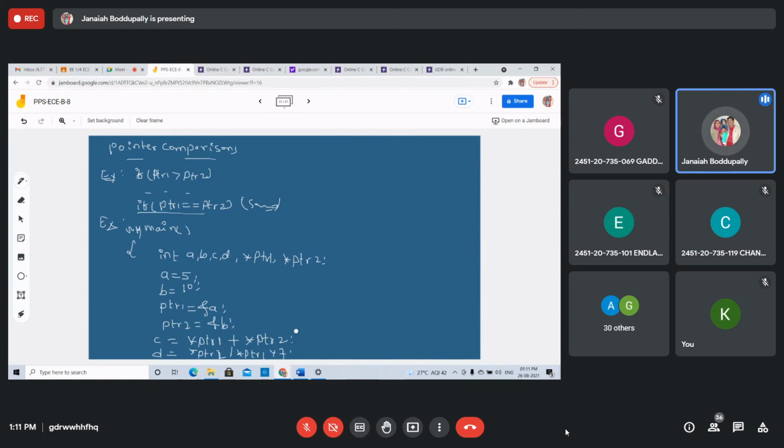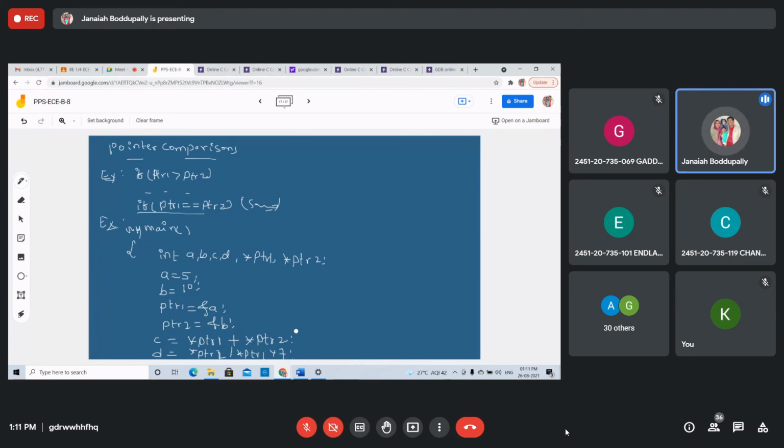I told you that in arithmetic operations of pointers, division and multiplication are not valid, but star PTR1 is not the pointer. You are not multiplying or dividing the address values. This star PTR1 is the value. What is star PTR1? 5, sir. Very good. Star PTR1 is the value at that address of a, that is 5.